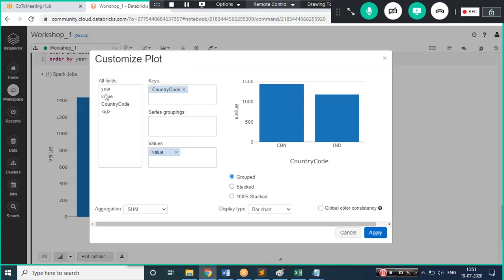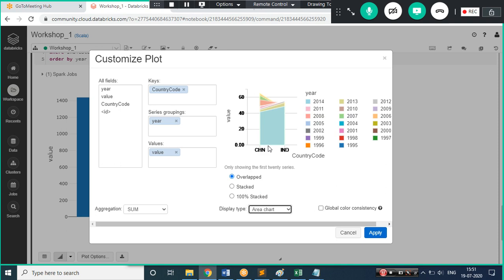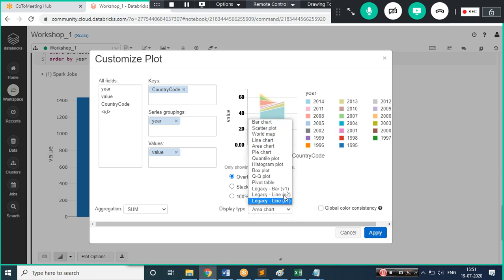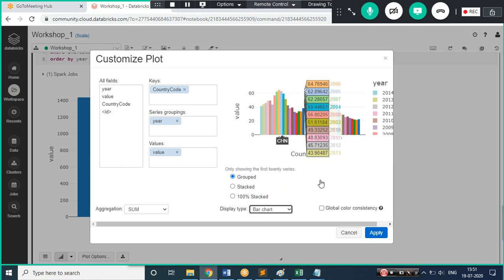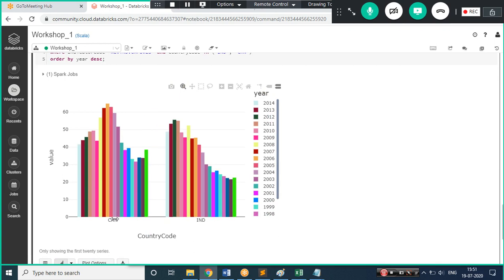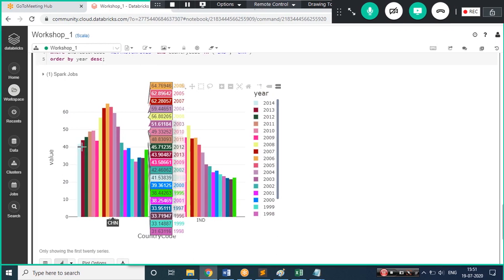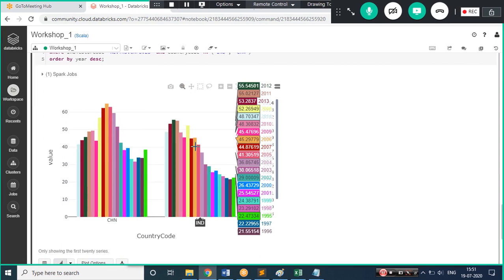Okay, so year is already there, so let me take the series as year and let me stack this. I think group 2 was correct. In this I think an area chart will look good. No, it is giving me a, so I think the bar chart is also giving a good result, and apply a good color. Yeah, that is applying a good color. So see, it is comparing your China and India. If you hover over it, it will fetch you the result. So here also, if you hover over it, you will fetch it.